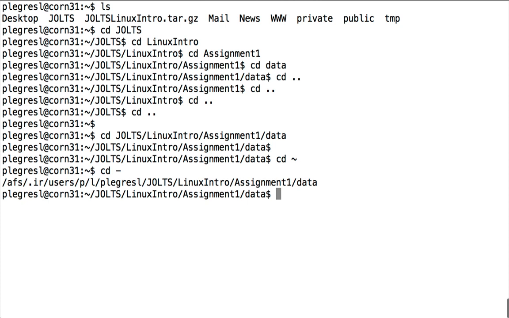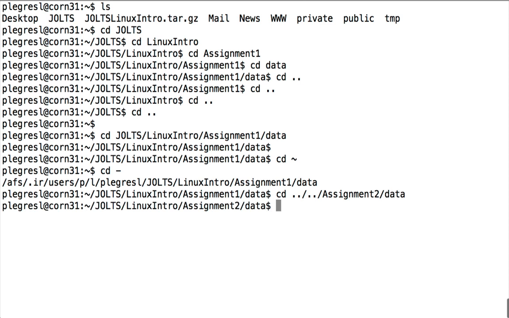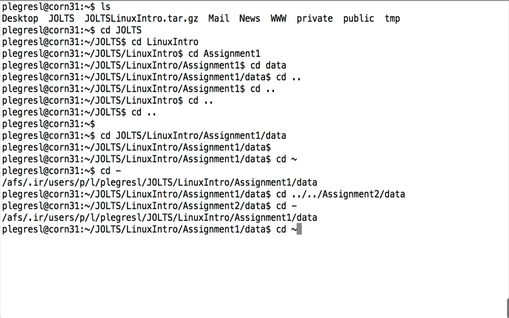The other thing is that we can combine the path separator and the .. notation. So if I'm in the data directory of assignment 1 here, and I want to get over to the data directory of assignment 2, I can do something like this. And without having to move directory by directory or going to my home directory, etc., I can quickly move between directories like that. I can move back. And then we're going to go back to our home directory because I want to show you one final thing,